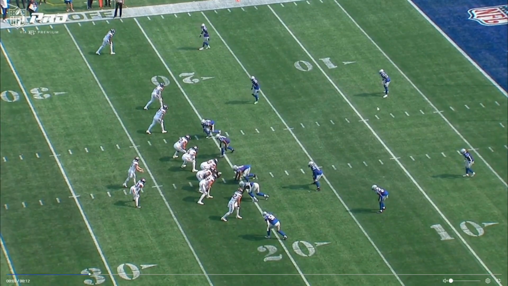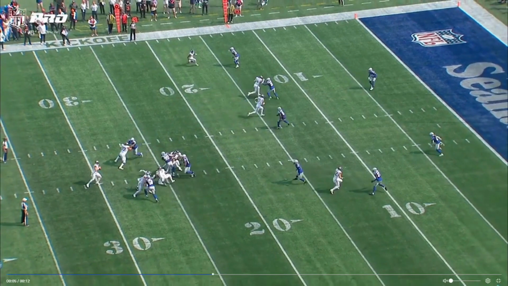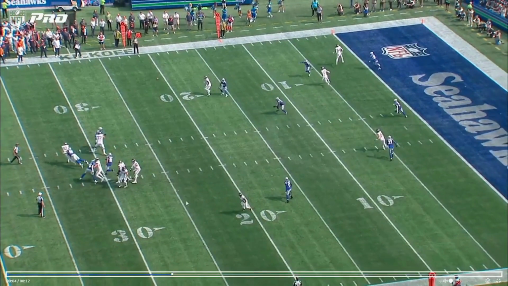So Bo Nix hikes the ball here. Great instant pressure. He cuts inside number 99 for the Seahawks, cuts inside the guard's hip. Guard kind of falls down here. And he gets not instant pressure, but fairly quick pressure. And you'll see Bo Nix